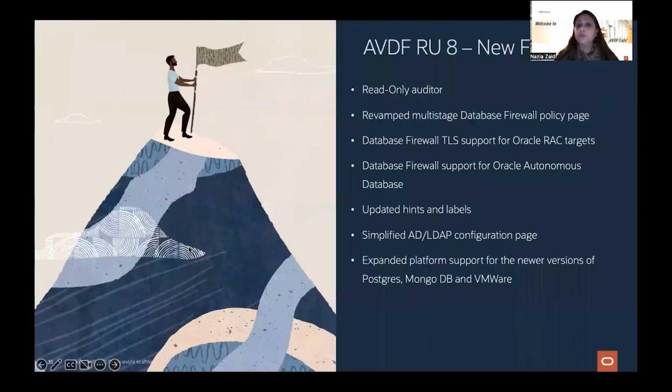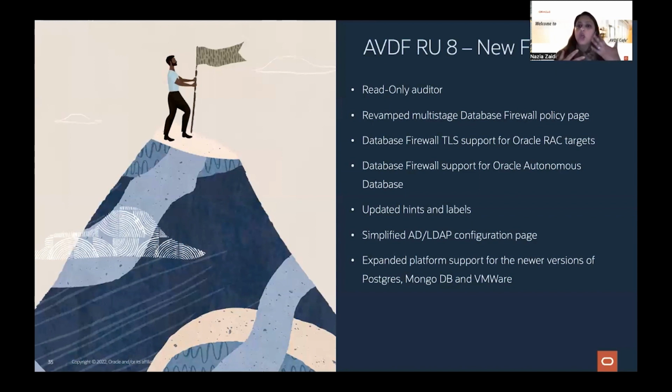Now from the new feature perspective, apart from the improvements, our development put a lot of time and effort into new features, of which the flagship new feature was read-only auditor. A lot of customers were asking for that.